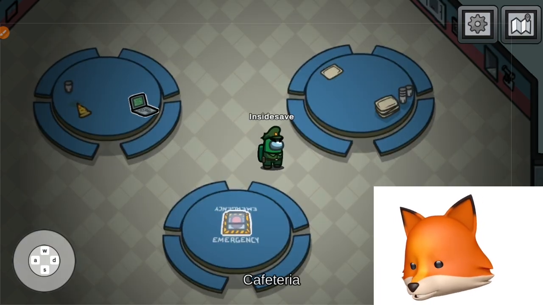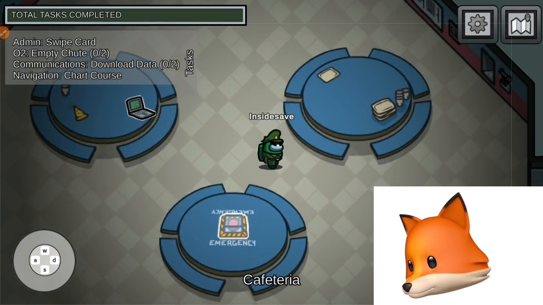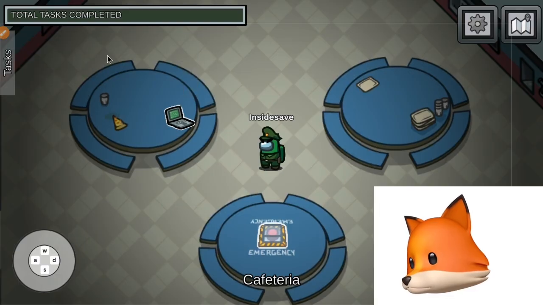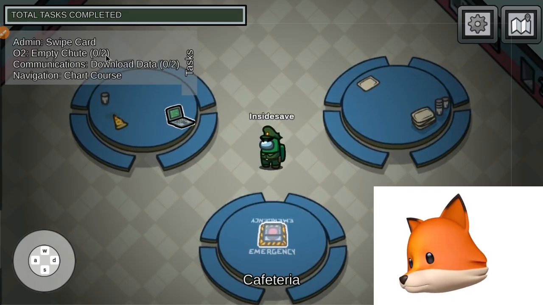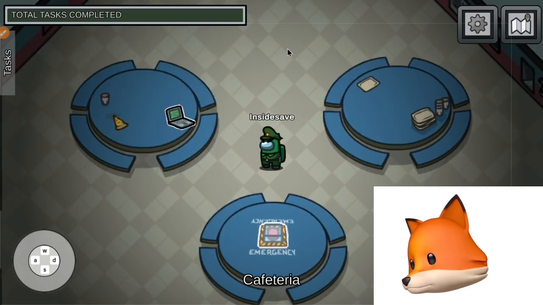Okay, so right now, let me check my task real quick. Swipe card, emergency shoot, communications, navigations, download. Okay, I do not have one there. So real quick,